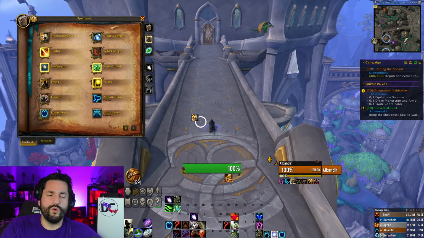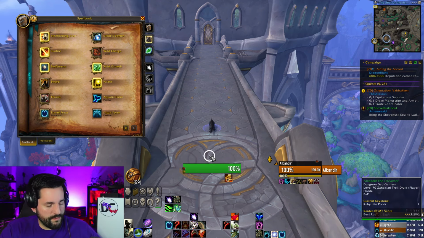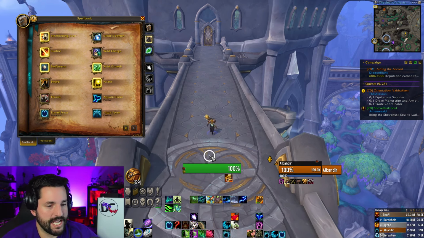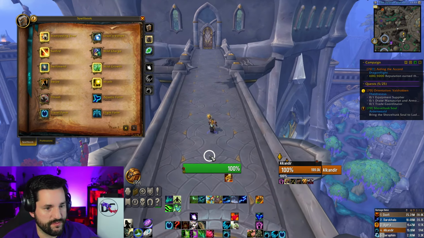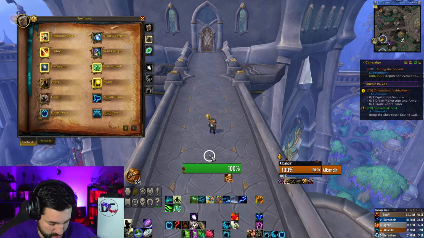Stampeding Roar. Ooh. Stampeding Roar. So let me shift back into human form. Stampeding Roar on my druid is A. Because I run in there, I just fast, run in there, and all that kind of stuff. So that feels right and it feels good. But I don't know if I like that. And on my druid,